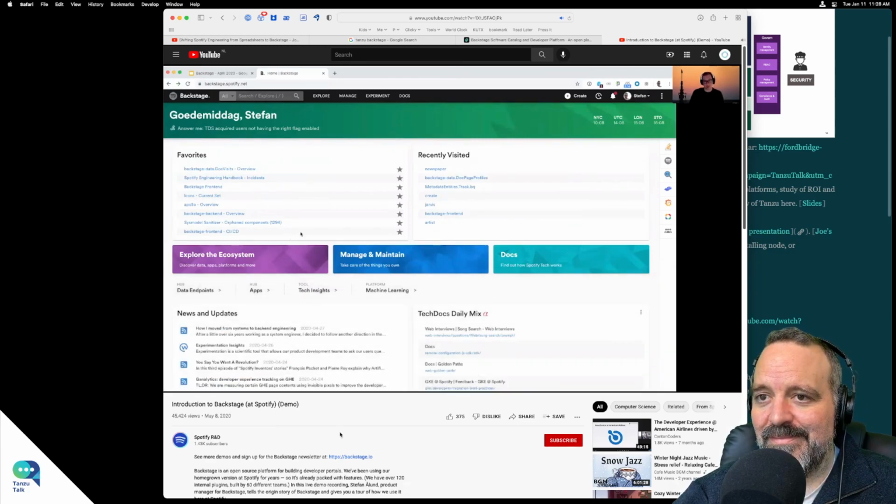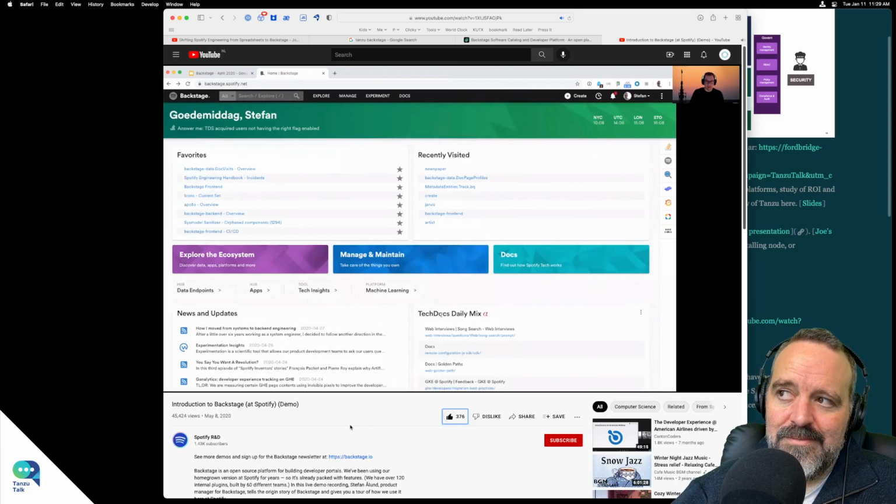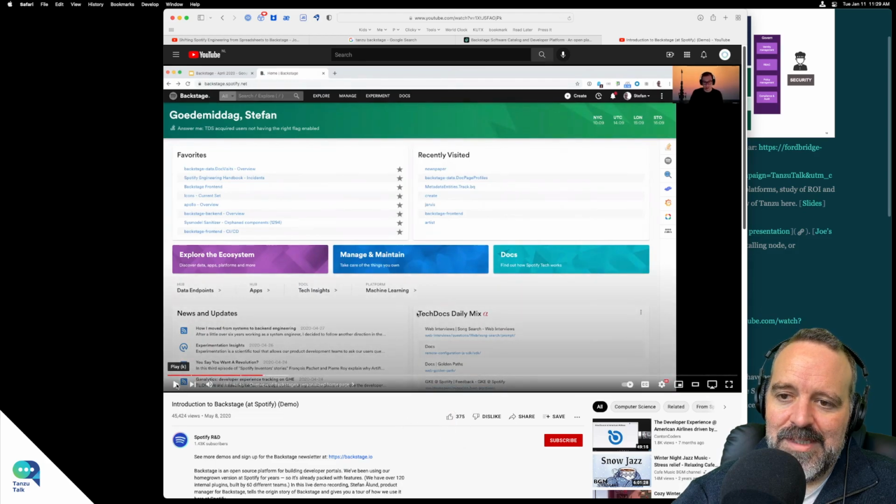You can customize some of the entry points, if you will. You can put your favorites in here and reasons to visit it. There's some usage information, and there are links to deeper parts of Backstage where you have your machine learning segments and tech health, etc. For those of you who are Spotify customers, you may have seen playlists called Daily Mix that are generated for you. This is a sort of gaming of that. You get a daily mix of your playlist for technical documentation.